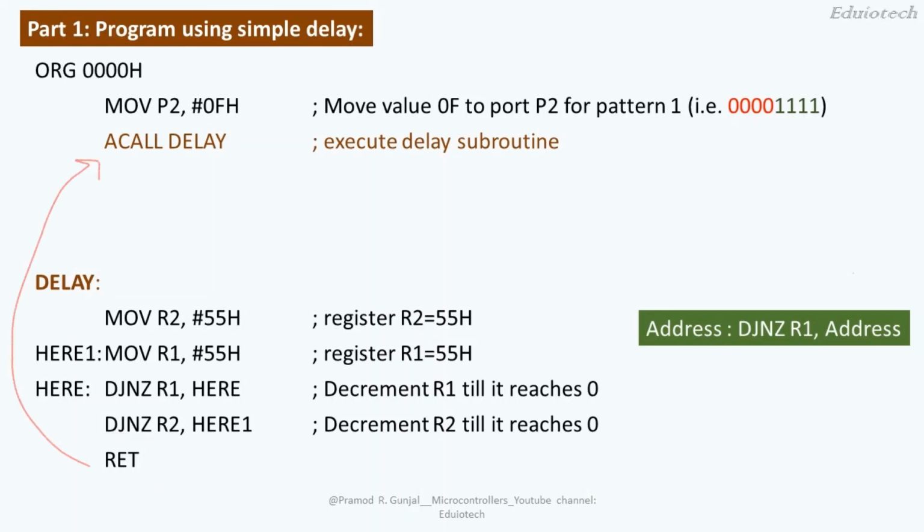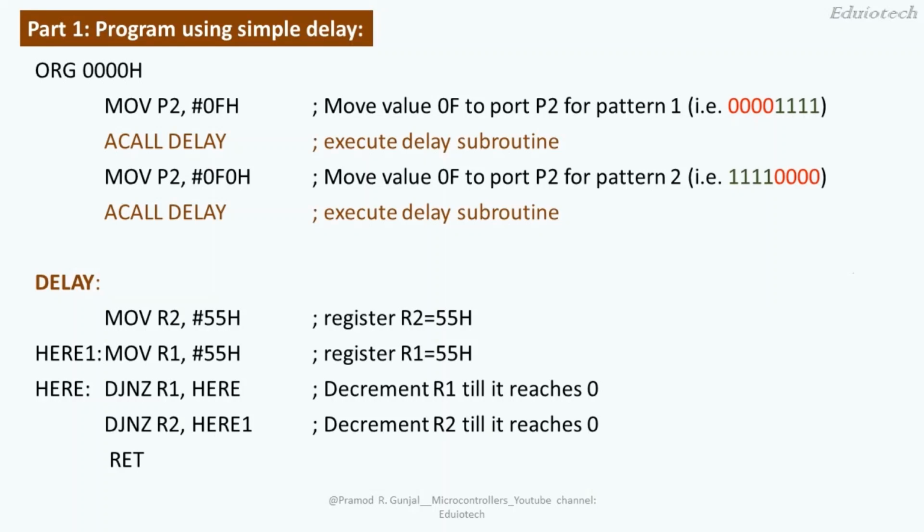Here basically the program counter keeps watch on execution of the program line by line. After the execution of the delay subroutine, the program counter fetches the address of the next instruction which is to be executed, and this is the next value to be sent to the port P2. Again we will call the delay subroutine and execute that one. Till that time we spend that much time and that pattern will be on P2.